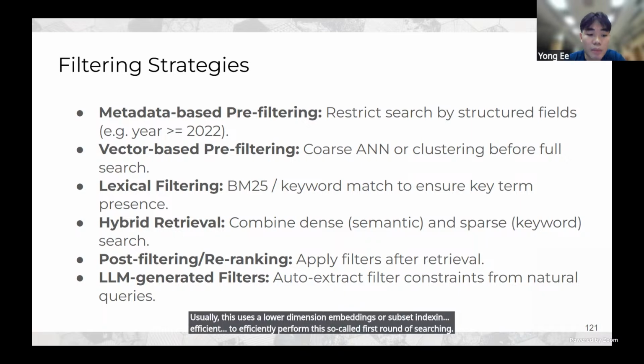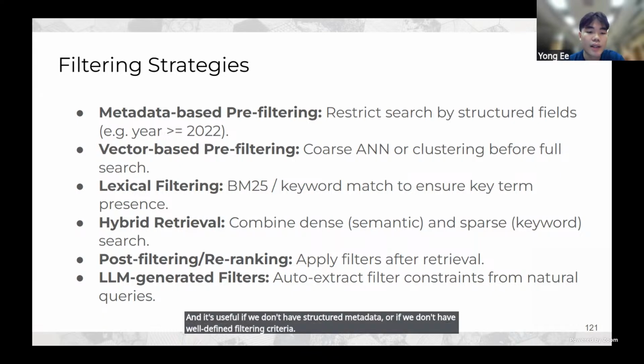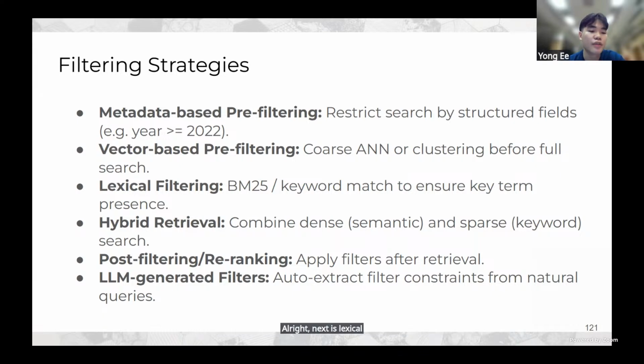This method cuts down the number of vectors that we need to compare for the final search, and is useful if we don't have structured metadata or well-defined filtering criteria. Next is lexical filtering, using methods like BM25 or keyword match to make sure certain terms are present in our retrieved documents. This can be used to remove totally irrelevant topics.